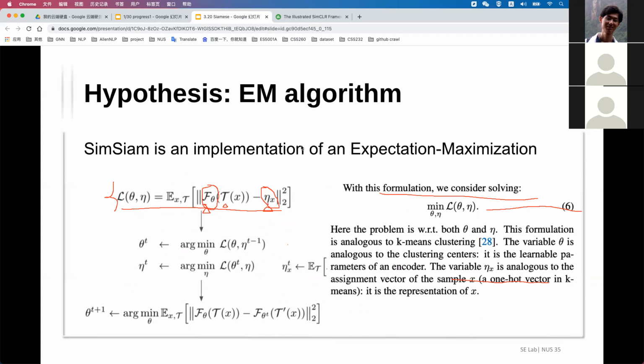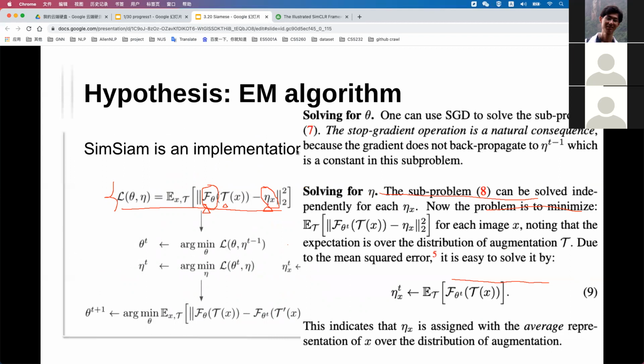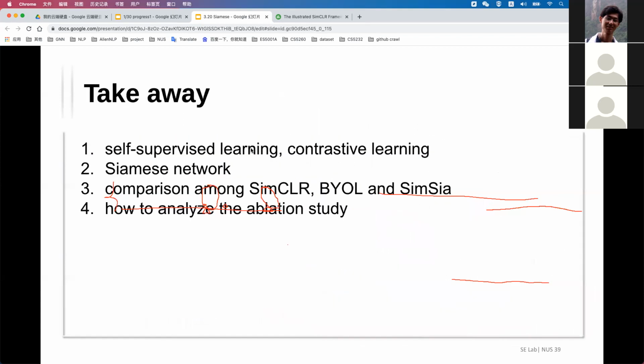Keep going on. I think I get very little information here. So the problem is that they proposed a new Siamese model. In this Siamese model, they achieve better results with fewer requirements. Oh no, he just simplified the Siamese model, because BYOL is too complex and SimCLR is too complex. He just wants a simple one. And why does the simple one also work? He said there's a hypothesis that Siamese is also an EM algorithm. So that's the end of the approach, right? What? That is the end of the talk. Yeah, it is the end of the talk.